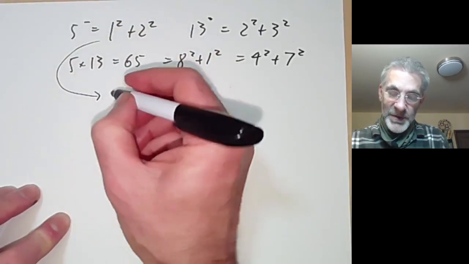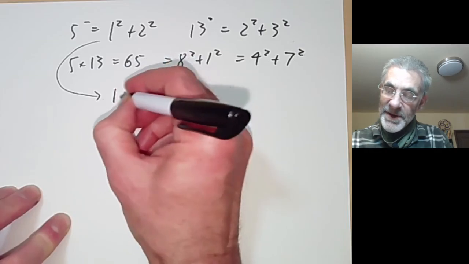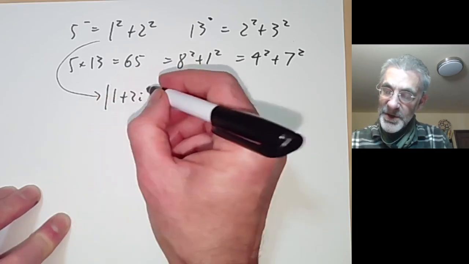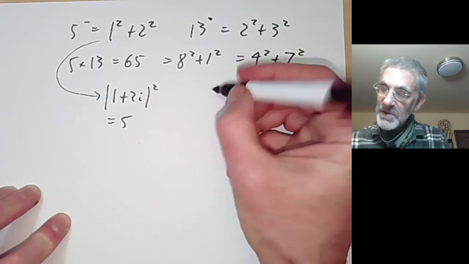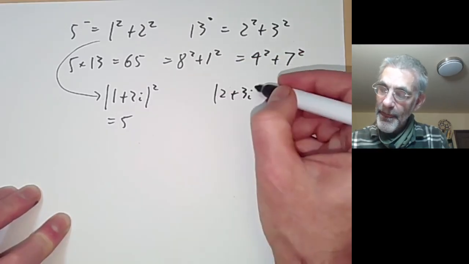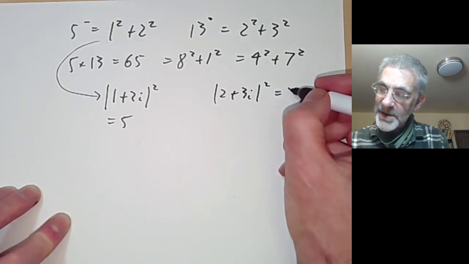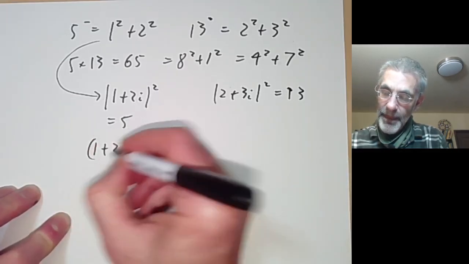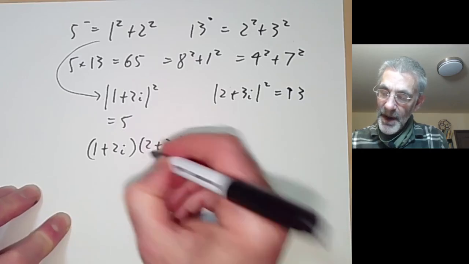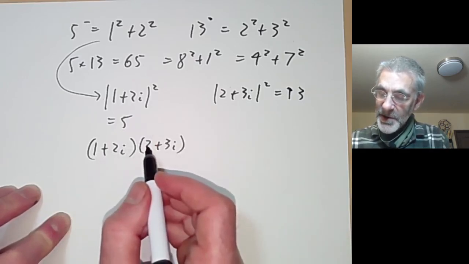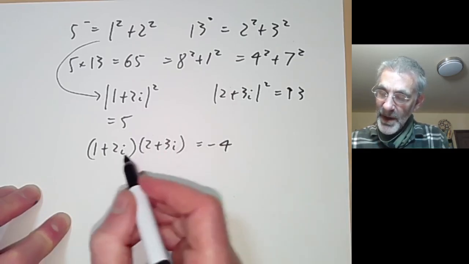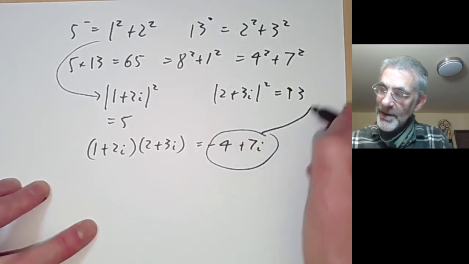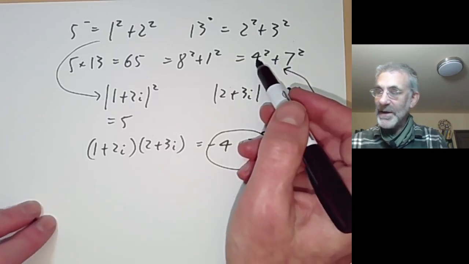This corresponds to taking 1 plus 2i. So we notice the absolute value of 1 plus 2i squared is equal to 5, and this comes from looking at 2 plus 3i. So the absolute value of this squared is 13. So what we should do is multiply 1 plus 2i times 2 plus 3i, and this gives us 2 minus 6, which is equal to minus 4, plus 7i. So here we get the 4 squared plus 7 squared, or rather minus 4 squared plus 7 squared,